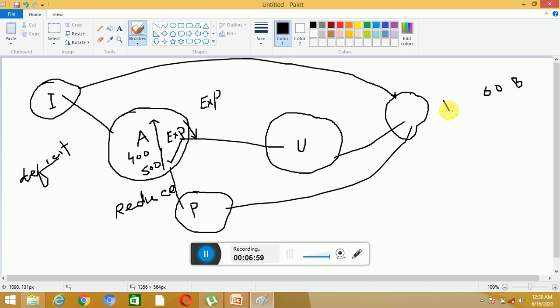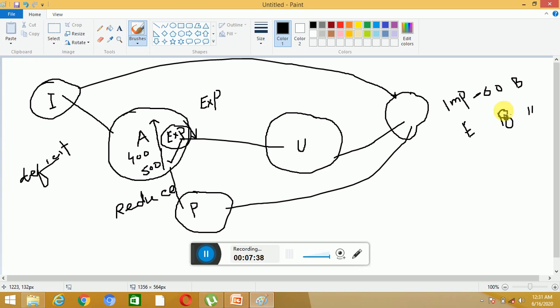These are imports, and they are in negative. And exports, previously exports were, suppose, 10 billion. But now, because of the increase in inflation, exports further decrease. It comes down to